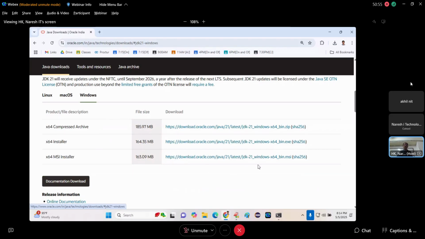Click Windows. There are 3 versions available. Which version do I have to install? EXE. I know EXE. I will download and install the EXE. So what I am teaching here, what I am showing in my system, you should feel you are doing in